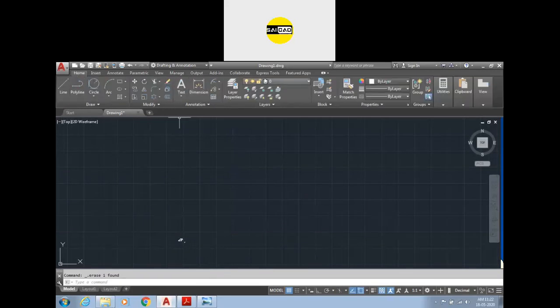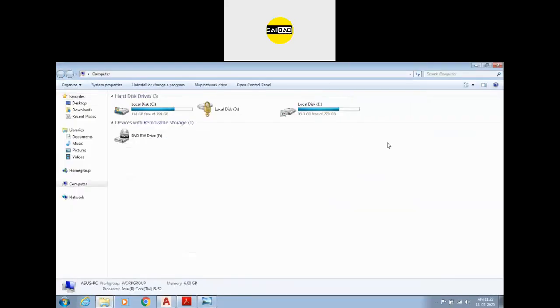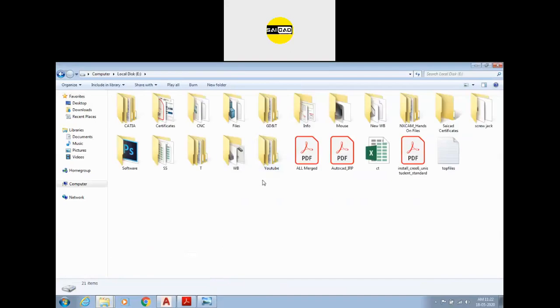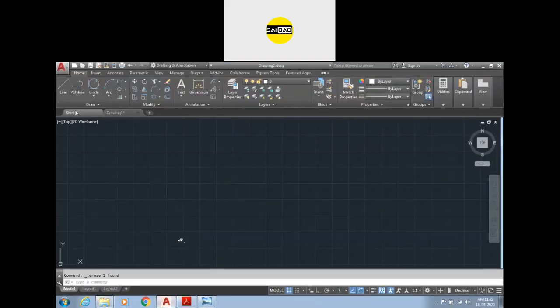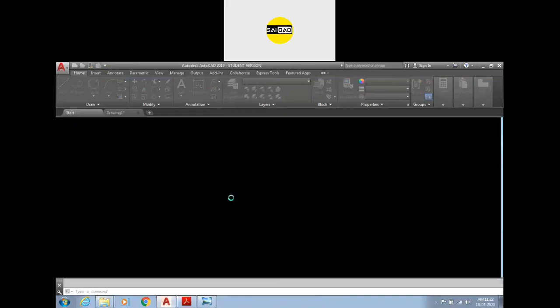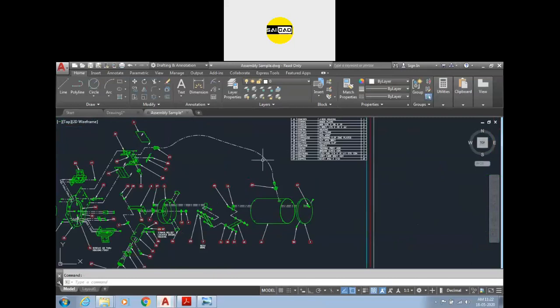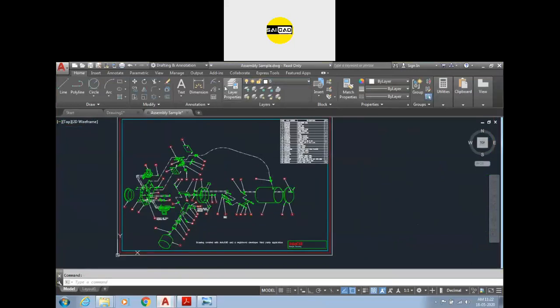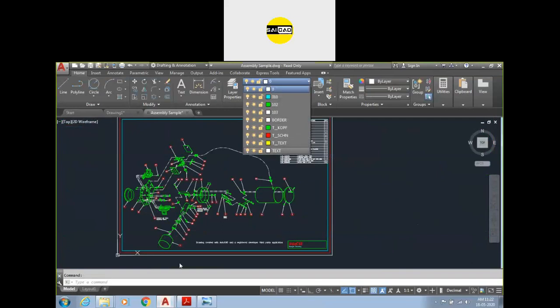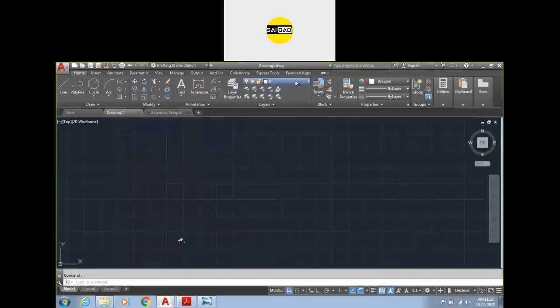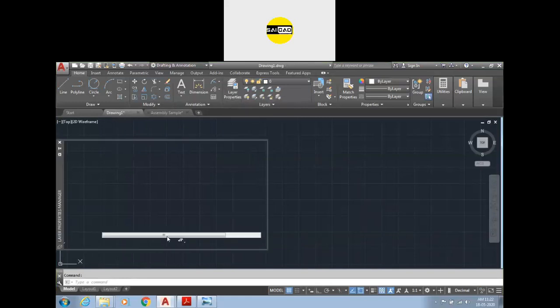So the next option we have is the layer command. For that, I'm going to show you some drawing. Now you can see we have some colors here, some properties applied here. And if we go to the layer, you can see we have multiple layers. In our file, there are only two types of layers, the default layer 0 and default points. So to create layers, we have the layer property manager.